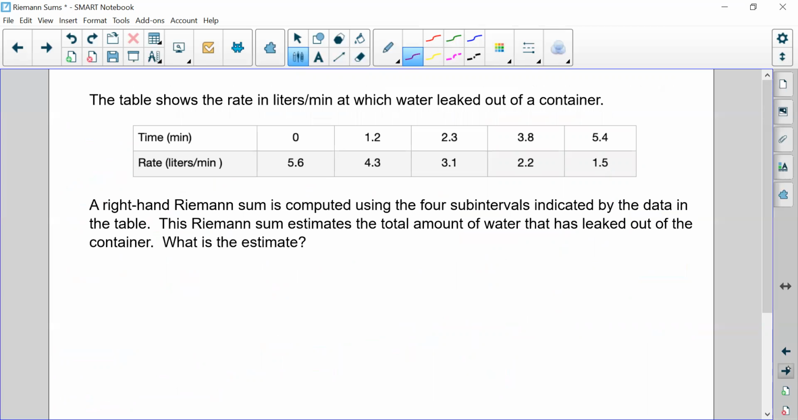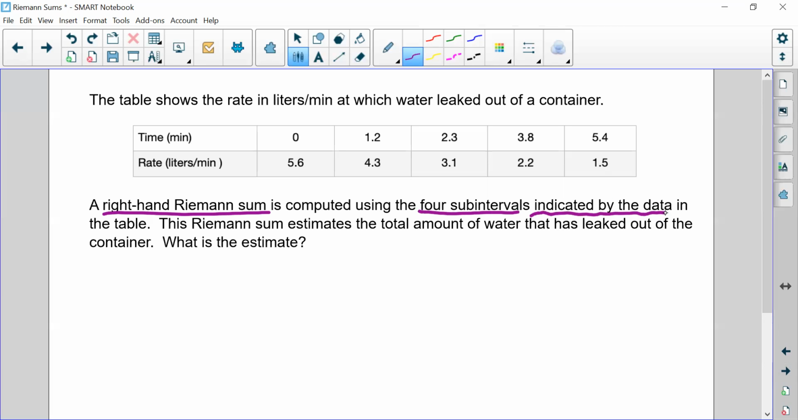It's usually like a word problem situation. And so this is the data. The table shows the rate in liters per minute at which water leaks out of a container. So T is time in minutes. R is our liters per minute in our container that we have. We want to do a right-hand Riemann sum using 4 subintervals indicated by the data